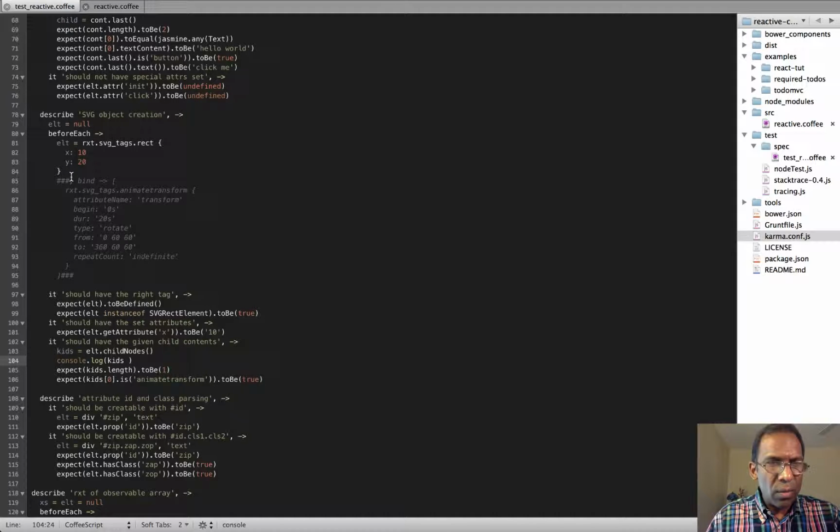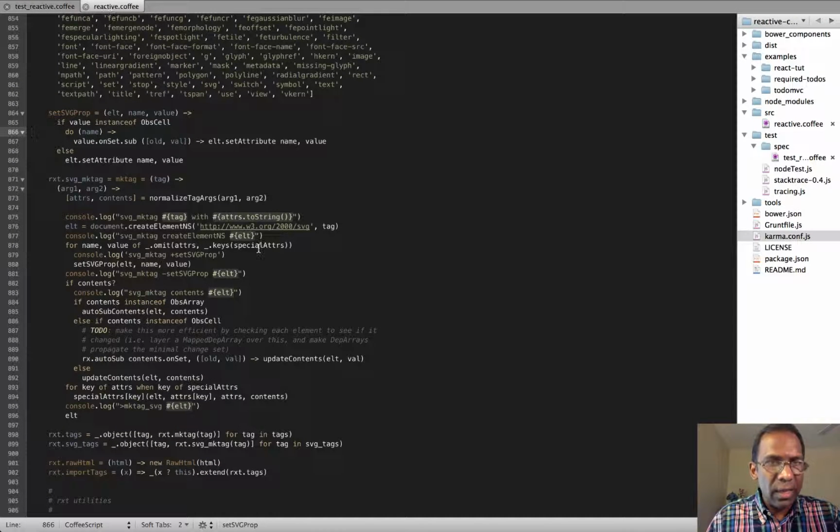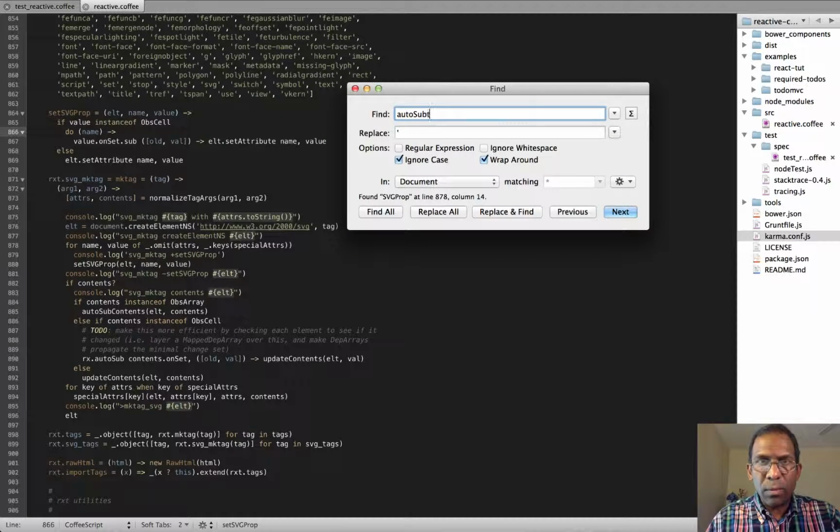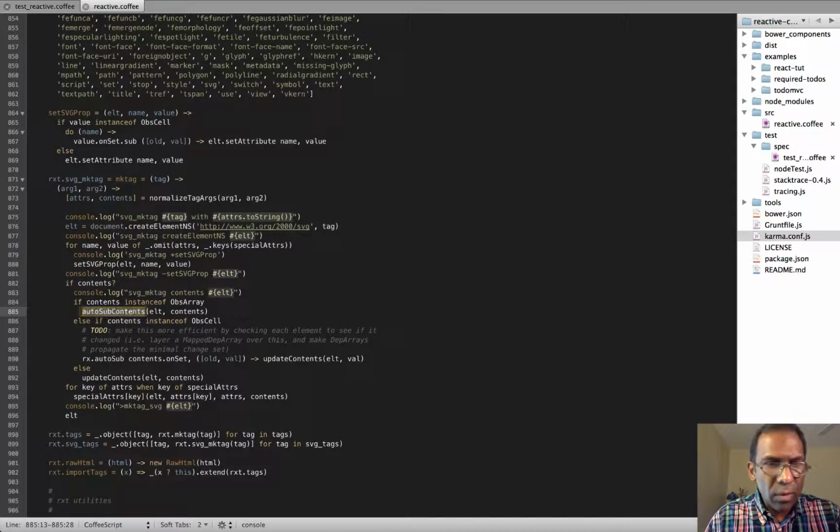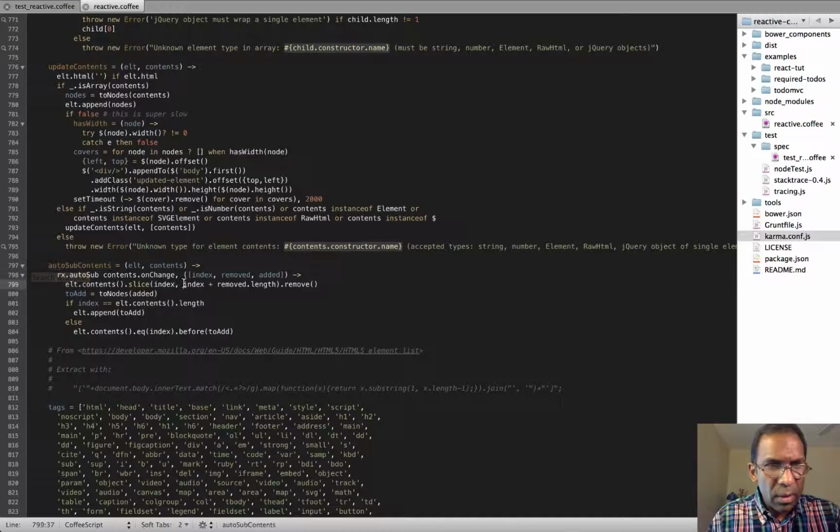Right. So okay. When we add the child nodes, then we get in all these problems where the code that adds them is here. Okay. And right, it's just this element.contents thing, which is